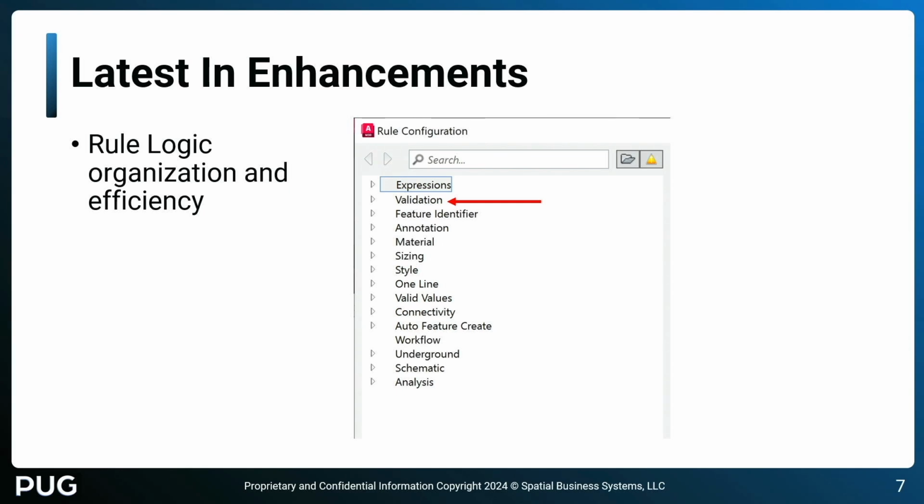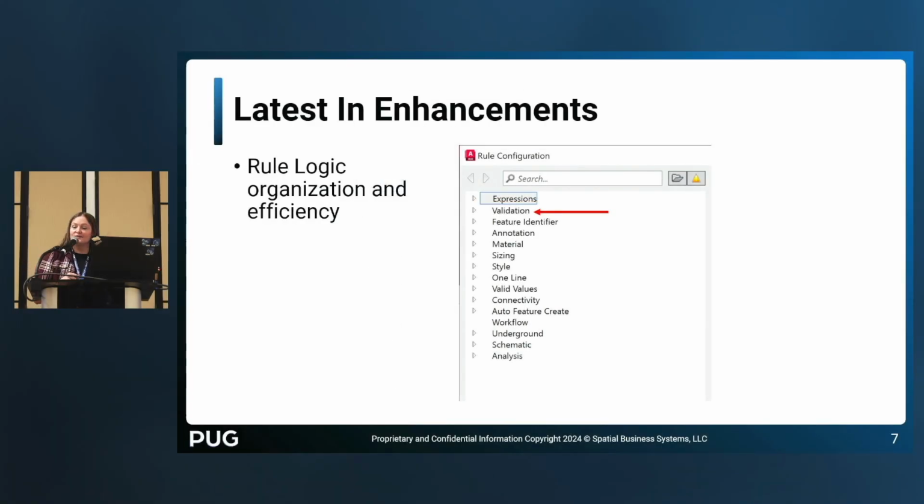So there used to just be validation, and validation always ran second in the order. So sizing would run, it'd have to go back and run validation. If it hit a notice, I'd have to go back to validation. And that's why you see the system run sometimes when you're sitting there, like, why is it taking forever to validate? A lot of times it's because the order things are happening makes it so that it has to keep going back and checking this, do this other thing and go back. And